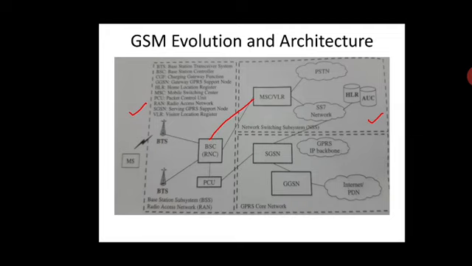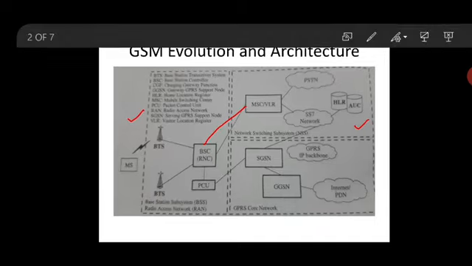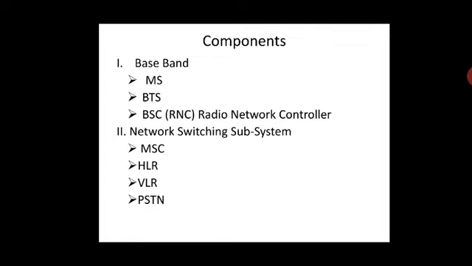Now this is one standard architecture of a GSM. I hope this diagram is very clear, because if you understand this, the same contents will be replicated in LTE with the advanced components. That is what I mentioned here: my baseband is connected with the MSC, and consists of mobile phones, BTS, and BSC, or RNC, which we call the radio network controller.